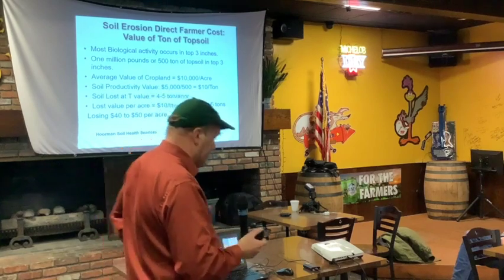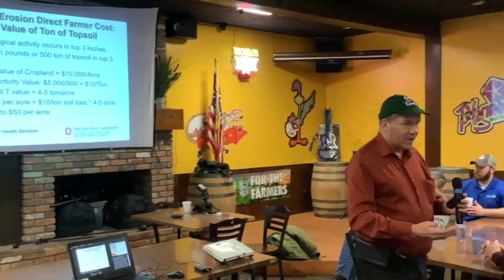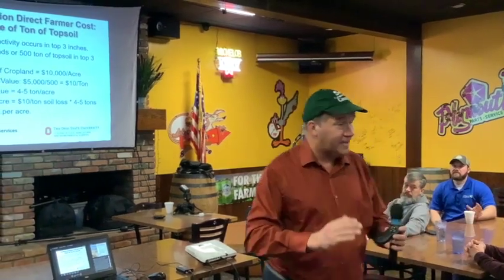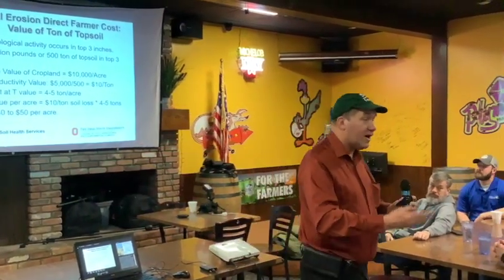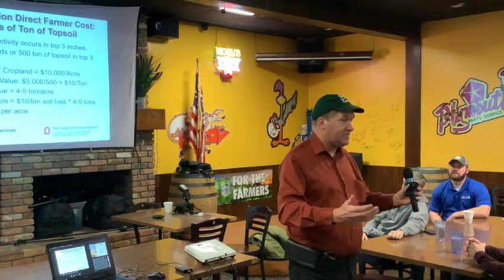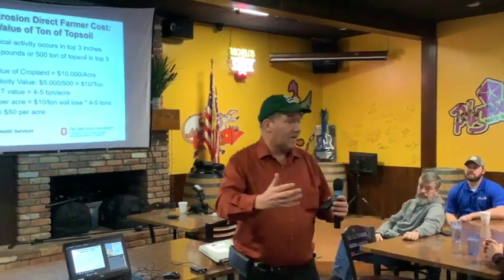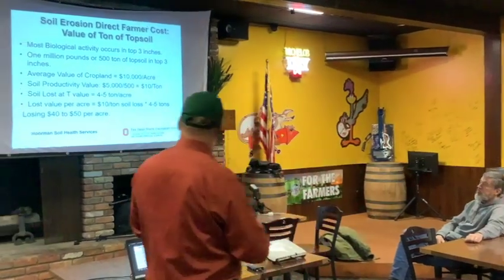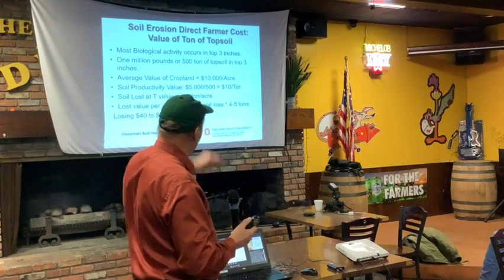And what we typically said at NRCS was the acceptable rate of erosion was 4 to 5 tons. I don't know who the idiot was that came up with that, but that is way, way too high. We only regenerate soil at about 0.5 ton per acre per year. How does that happen? Freezing and thawing breaks up your rocks into sand, silt, and clay. Okay, so the T value ought to be 0.5,